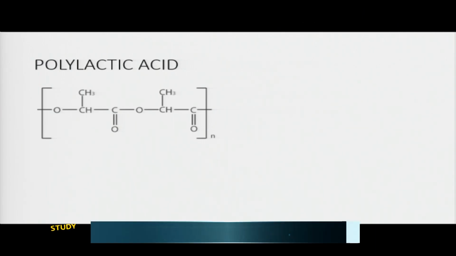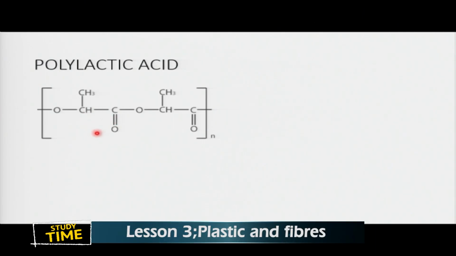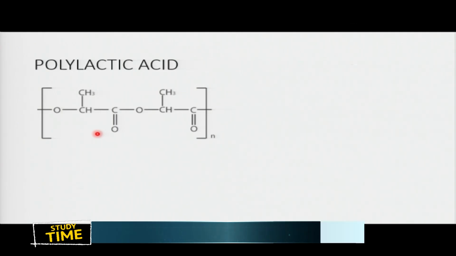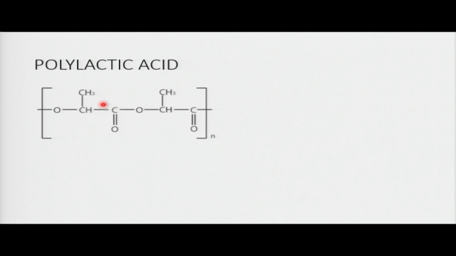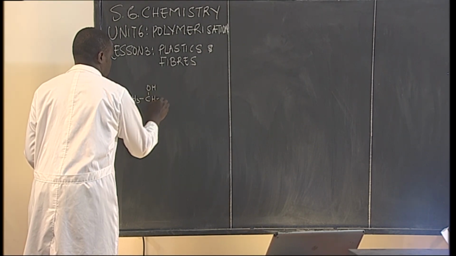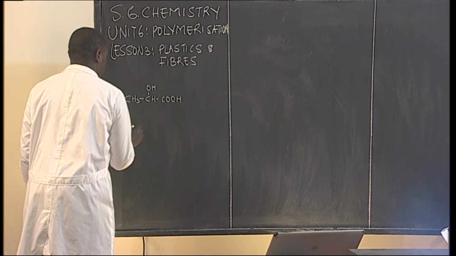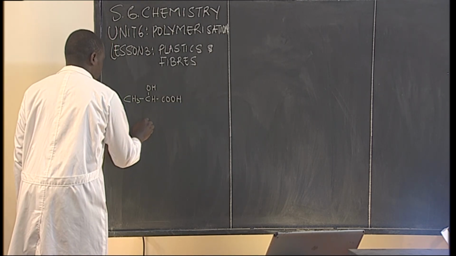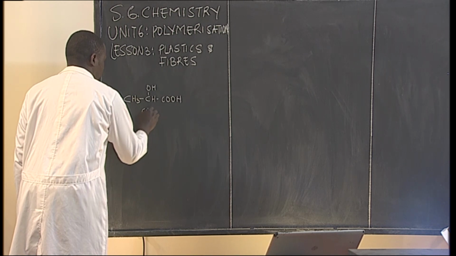As we said last time, polylactic acid has a monomer called lactic acid. So this is a polymer which is composed of two monomers, or two repeated units of lactic acid. So let's try to illustrate it here on our blackboard. On our blackboard, we have lactic acid, which is this one. Lactic acid is a good polymer. When you are representing our polymer, we can try to represent it in the form of